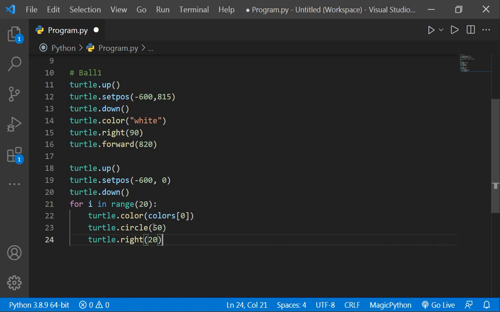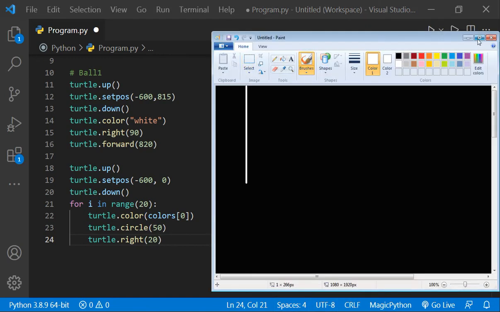Okay, so 50 is the diameter, and then we have written turtle dot right 20. It will move towards right by 20. Let me show you how. Suppose here is our cursor, and it will make one circle here. So it made one circle here, and after this, our cursor is facing upwards, right?